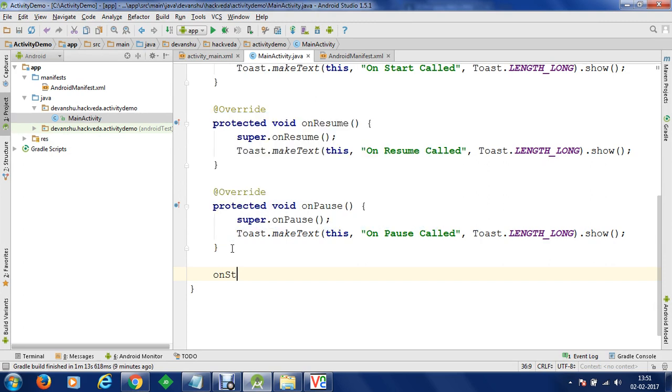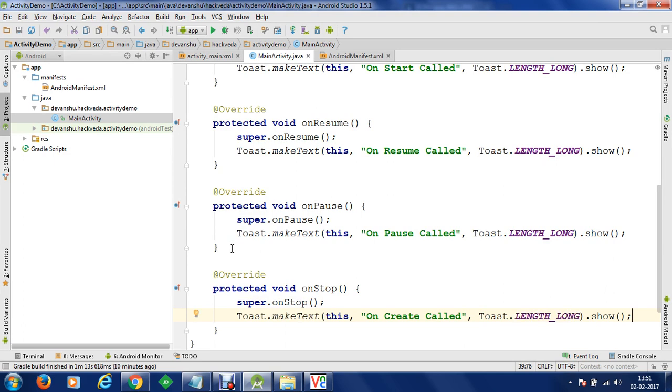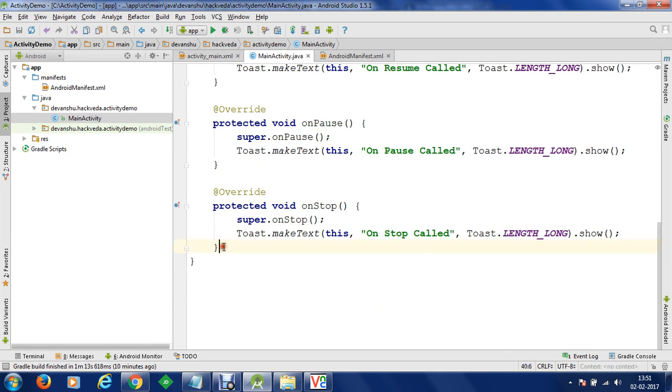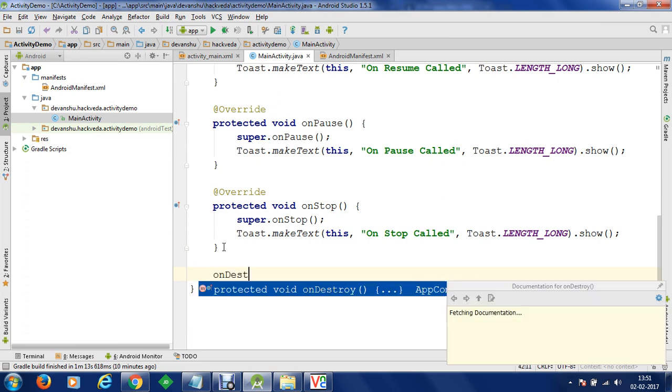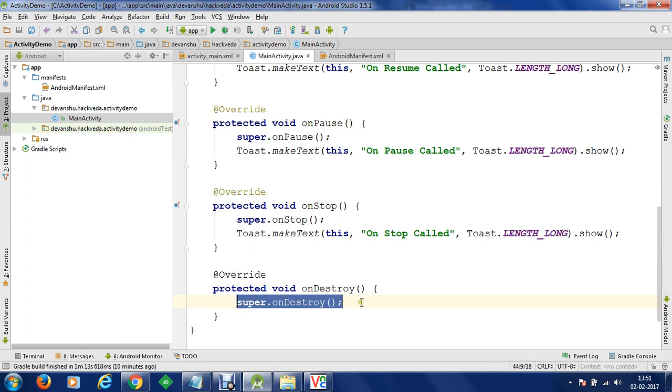As soon as your application starts or stops, all these methods get executed, and you can execute your desired code in any individual method. Let's define "onStop called", and finally "onDestroy called". We are going to override the final method, onDestroy.